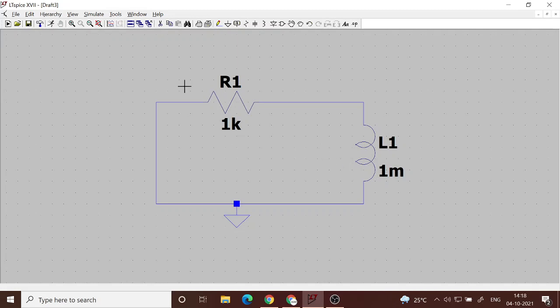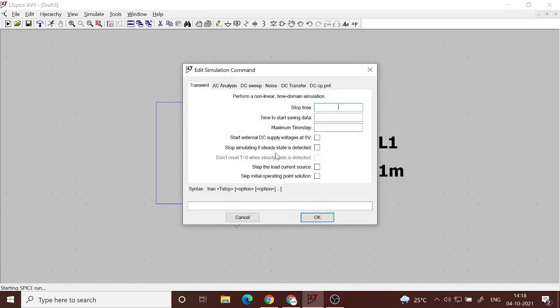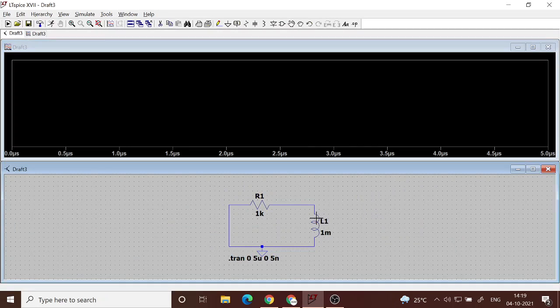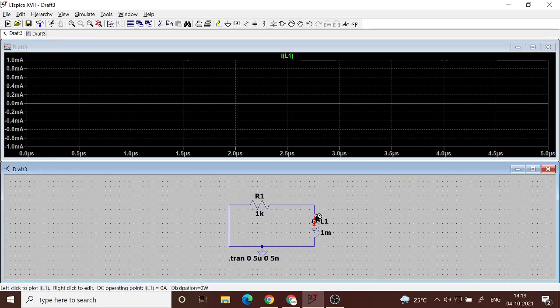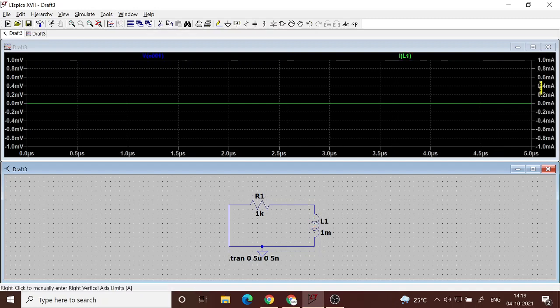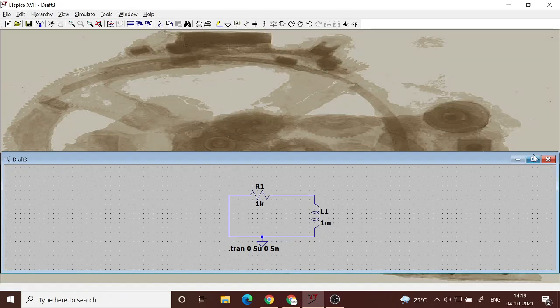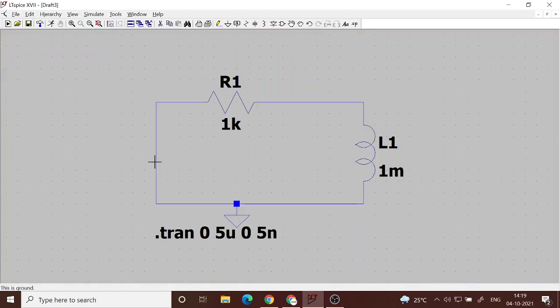So that is the time scale in which we have to run the simulation. So let me run it for 5 micro, and then again I am saying that it should be 5 nano, so that I will get 1000 samples in the limit I am simulating. And again, so let me find the current, it is 0, find the voltage, 0, everything is 0. There is no response because the circuit has no excitation, no external voltage source, current source, nothing, and the initial